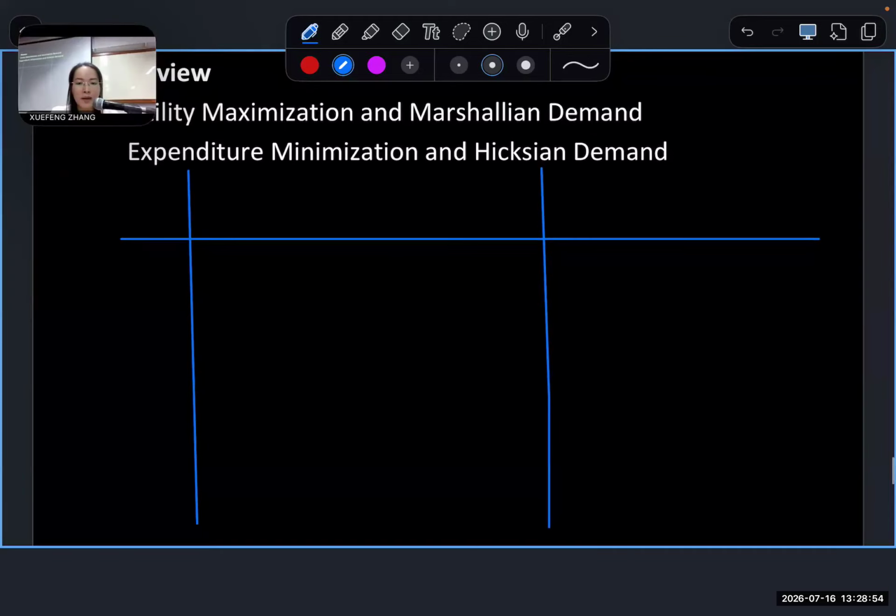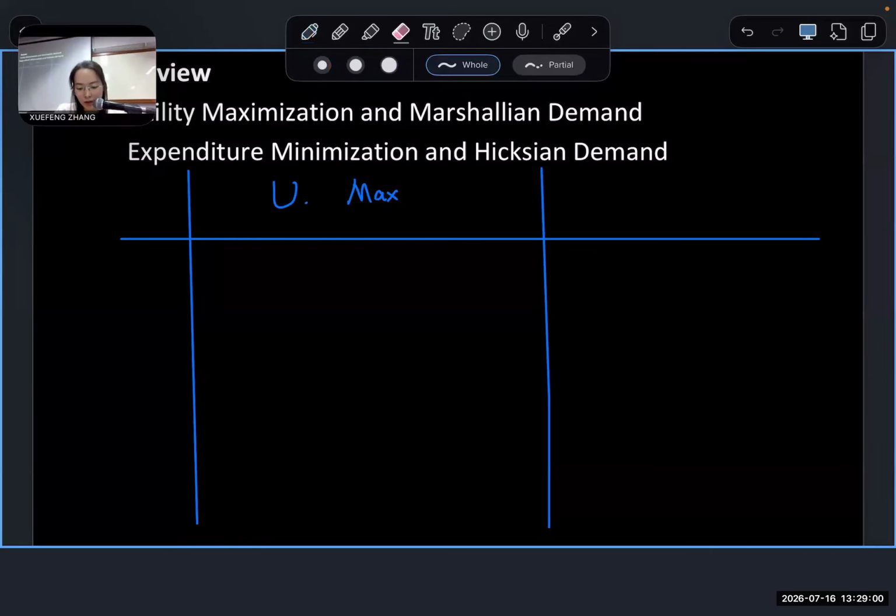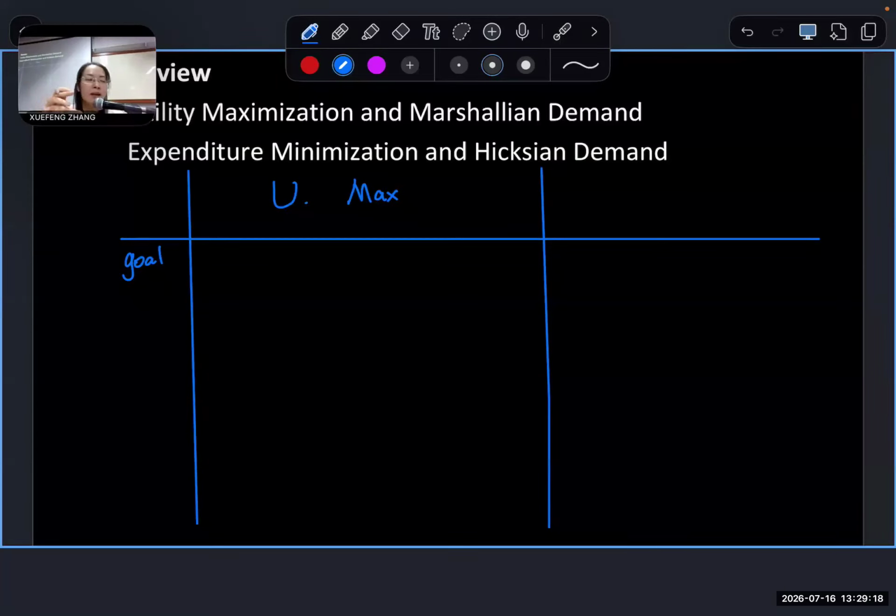We have utility maximization, okay? What is the goal? Are you good at math? Generally, are you good at math? Okay, I also teach econometrics. You guys are going to learn it later. When I asked my students, all right, are you good at math? They said no. I said, are you good at statistics? They said no. And then I asked, are you good at English? They said no. So basically, it's quite challenging because for econometrics, have you heard about it?